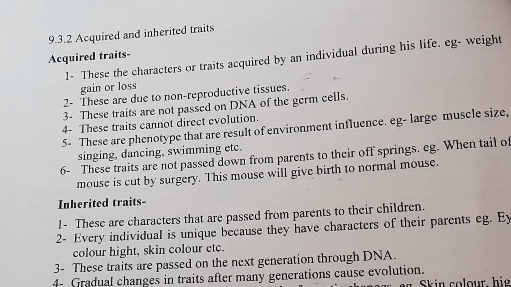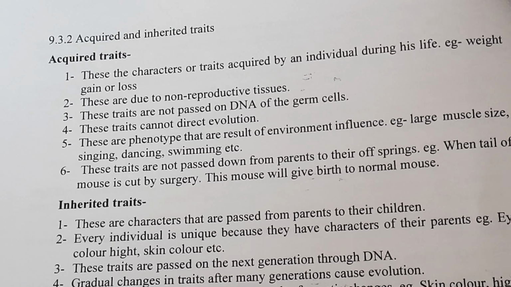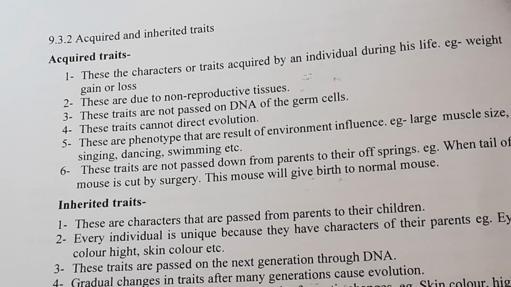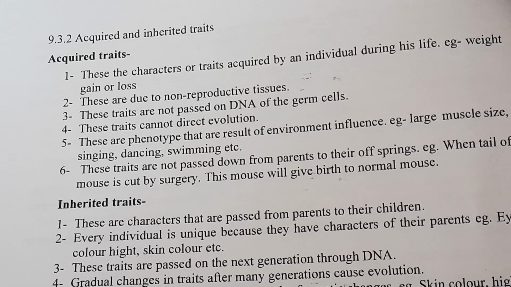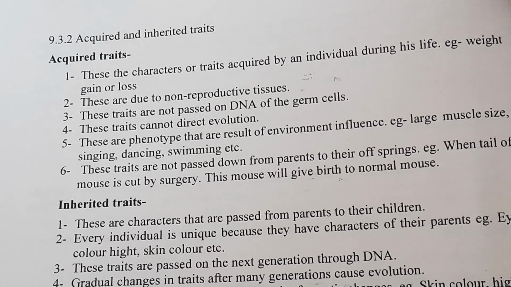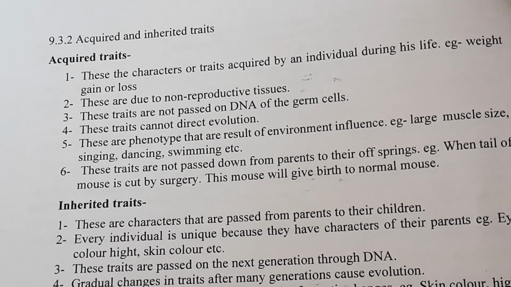Now next topic is acquired and inherited traits. Acquired traits means the characters or traits acquired by an individual during his lifetime. हम लाइफ टाइम में जो एक्वायर करते हैं वो हमारे नेक्स्ट जनरेशन में नहीं जाता. Example: weight gain and loss. अगर मदर या फादर में से कोई भी पेरेंट्स मोटे हैं तो ज़रूरी नहीं है कि बच्चा भी मोटा ही रहे. These are due to the non-reproductive tissues and these are not passed on to the DNA of the germ cells,